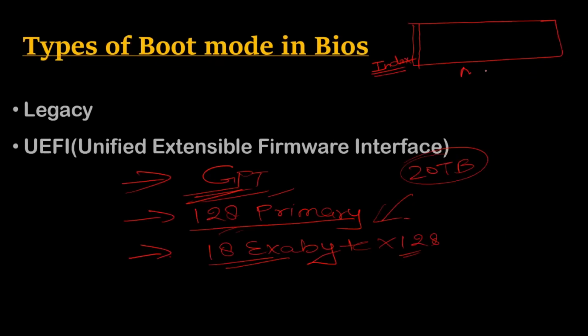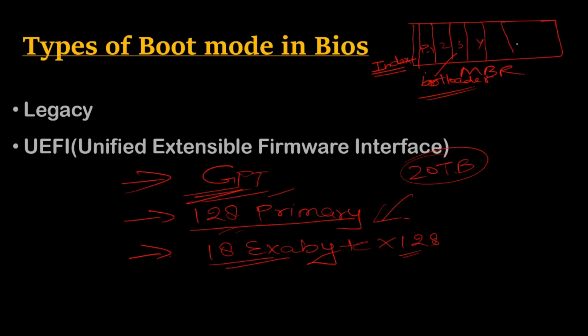In the MBR case, we can create only four partitions: one, second, third, and fourth. This is the bootloader for those partitions, which holds the information. When the BIOS starts to work, the bootstrap loader will check the types of data in this bootloader. It will go to the bootloader and check where the operating system is placed, on which partition, the first, second, third, or fourth. It will find that.